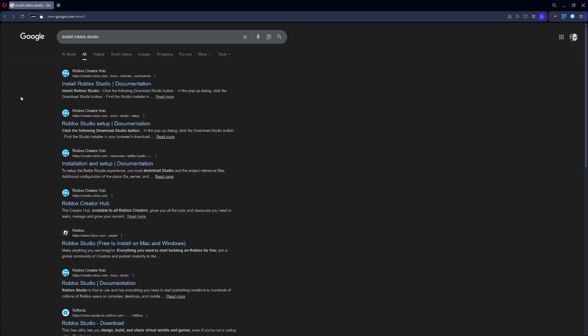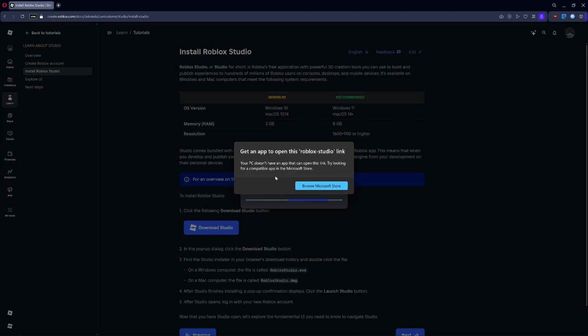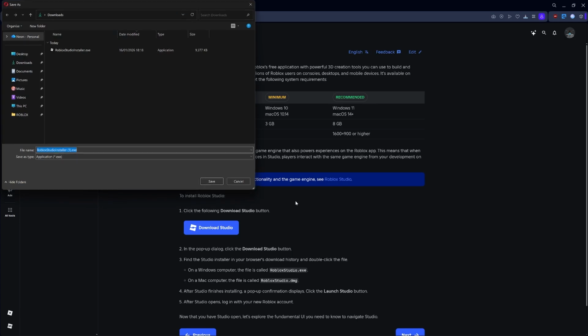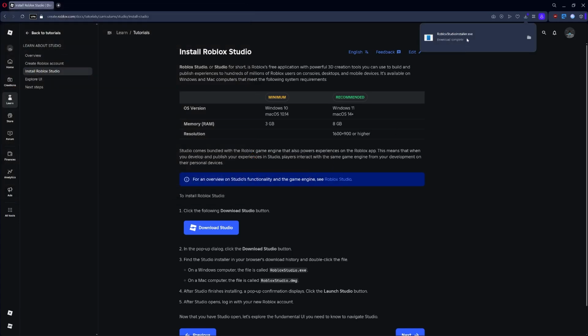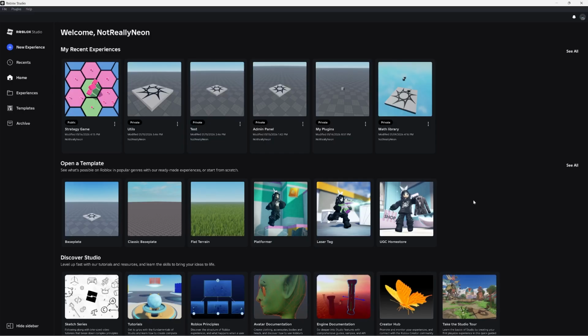So to install Roblox Studio, simply search Install Roblox Studio in your internet browser, click on the top result, click on Download Studio, ignore this, just click behind it, click Download Studio again, save, run the installer. This process may take a few minutes, so just wait for it to finish. Now that you've logged in and installed Studio, you can click on New Experience,